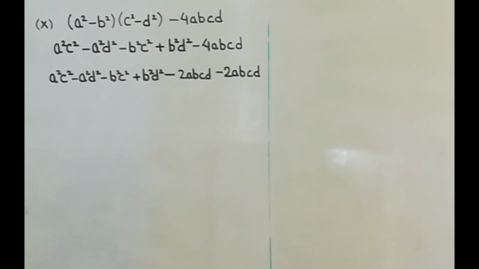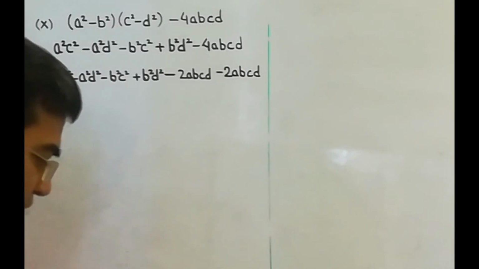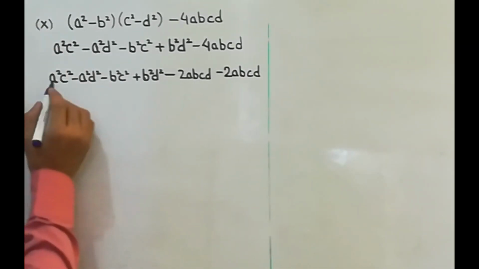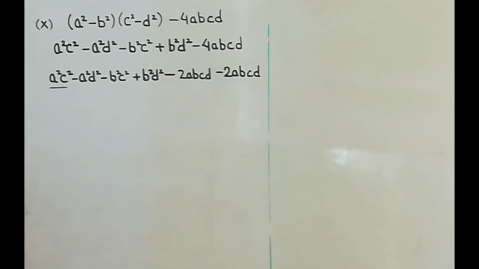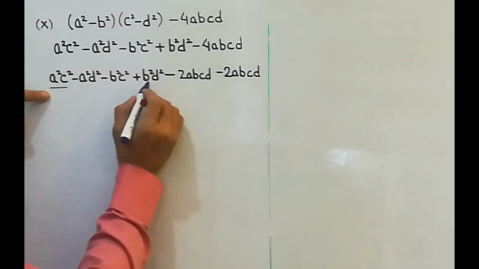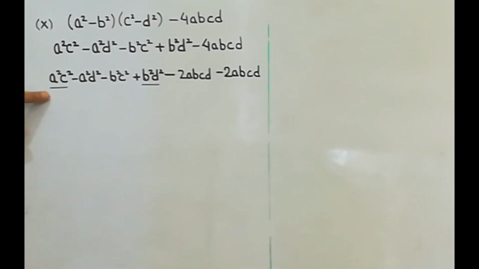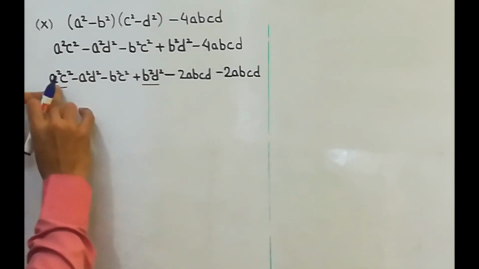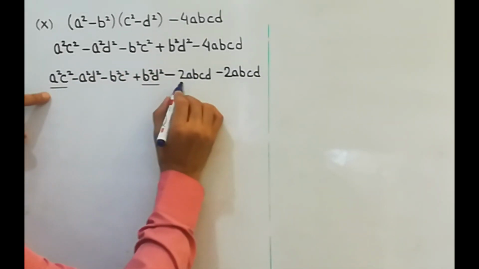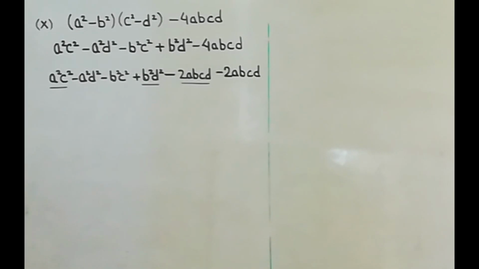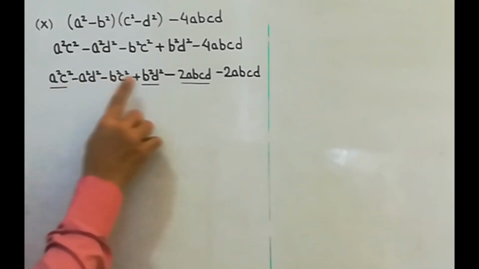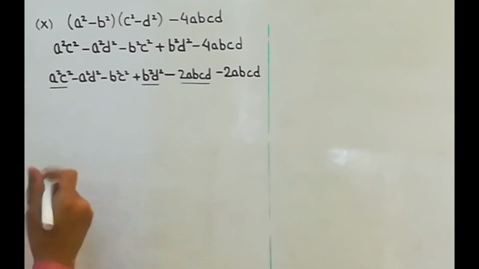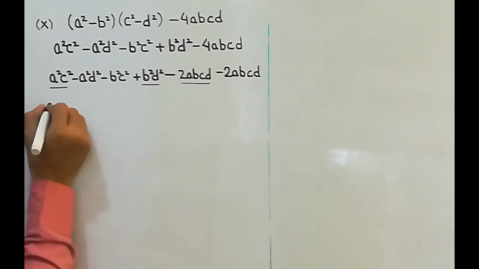Now we have minus 2abcd, so we will take it in such a group which gives you all the 4 variables, abcd. Here, a square, c square, with this we are going to take b square plus b square d square. So they will give you all the 4: a, b, c and d. And with this we can take one of it like this. So we will do grouping of these 3 and the remaining 3, written like this. See, 1, 2, 3 these.